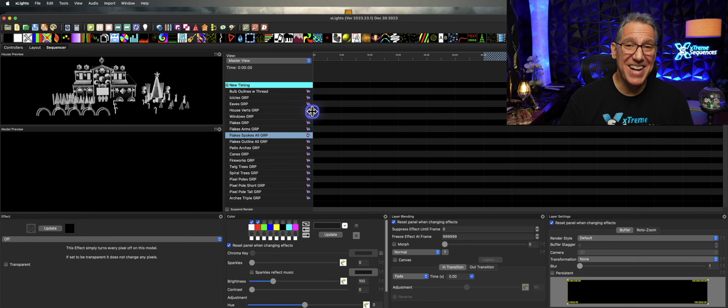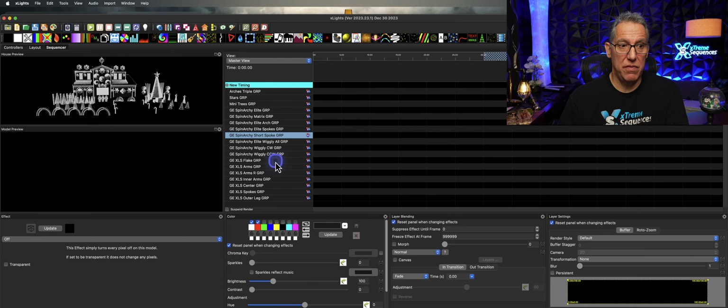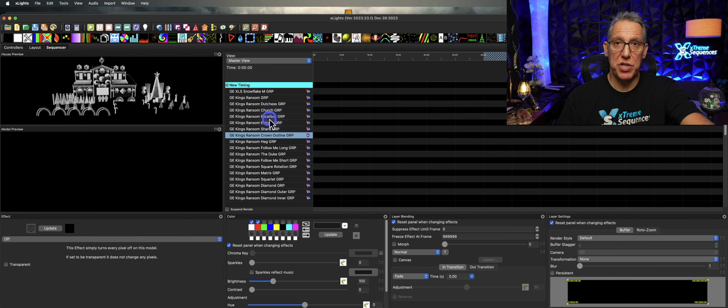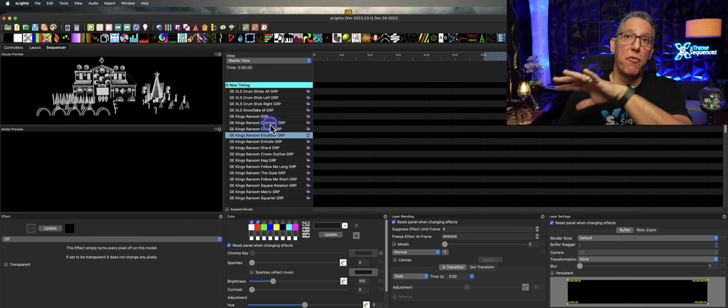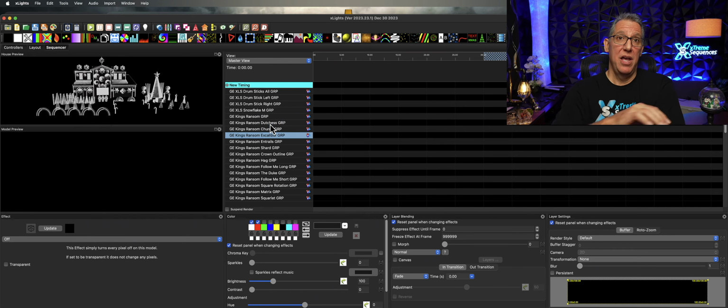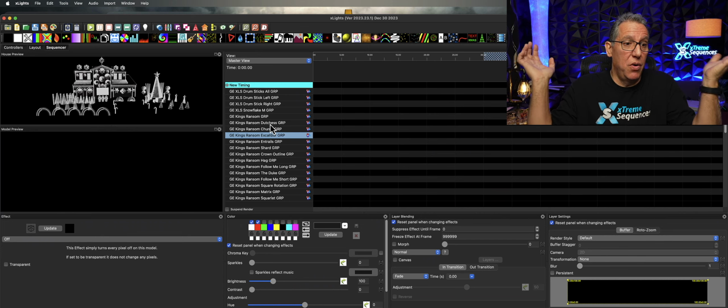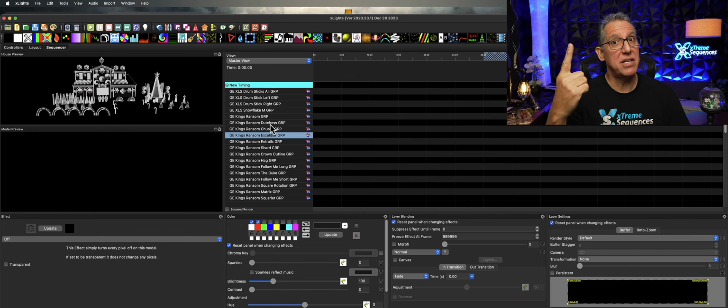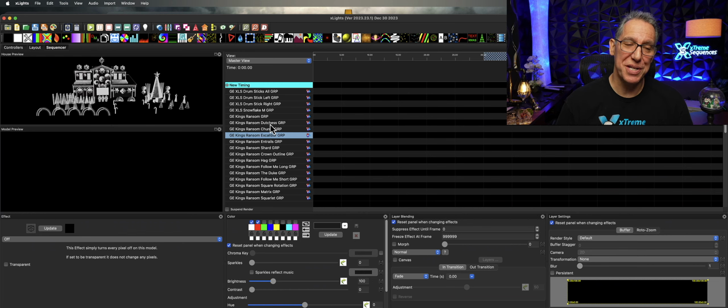It has to be on this side here, or when you're importing or mapping a sequence, it won't know it's there because we don't have the hierarchy of these models and submodel groups here. And it's very important that they're here before you map. Because if you try to map and they're not here, mapping says, I have no idea what Ransom Hag is. I've got some guesses, but I have no clue really what it is. So they have to be here when you're mapping.